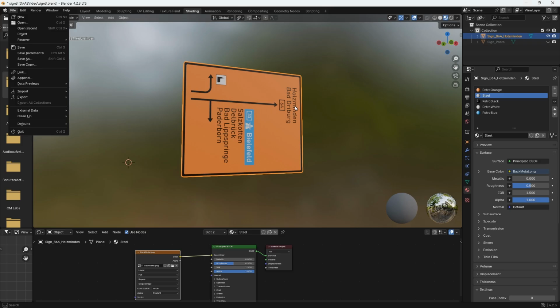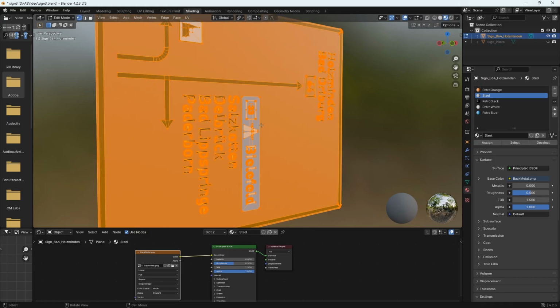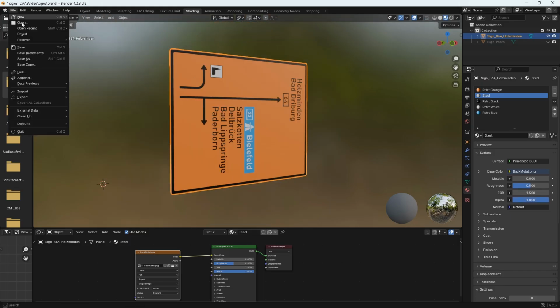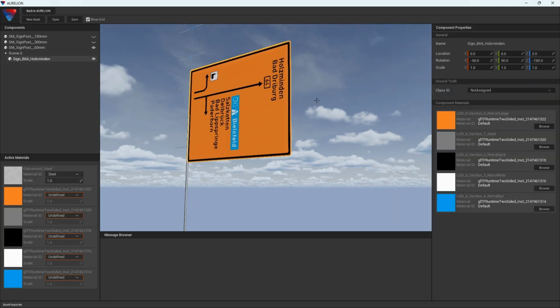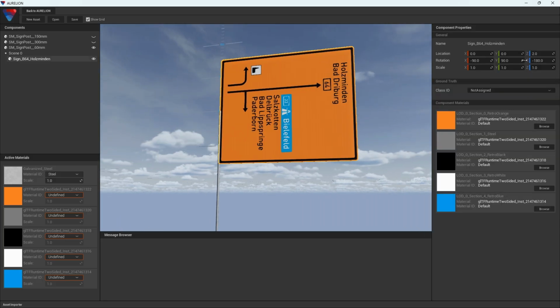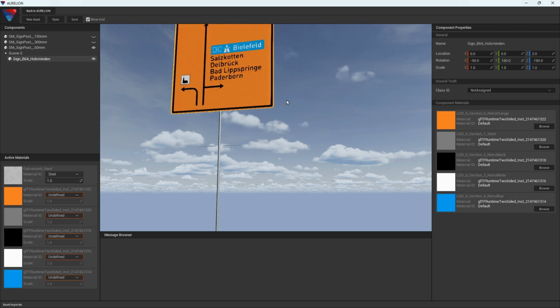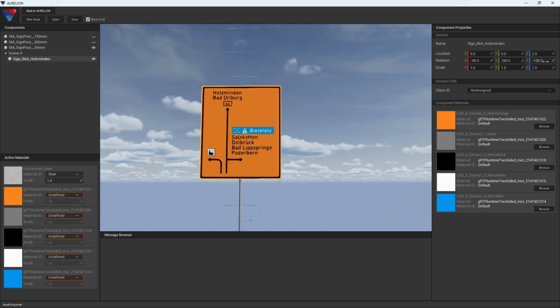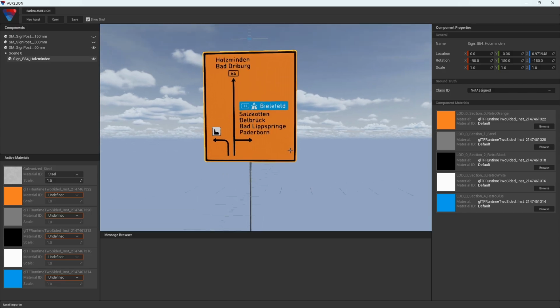By the way, this object I created myself in Blender. Here you see the different polygons, and now I could just export it as a GLTF. Of course, you can use any other 3D software as well. So you see the transformation is not correct. There are some basic transformation options. Let me first rotate it by 180 degrees and then also position it a little bit downward and a little bit to the front. Yeah.